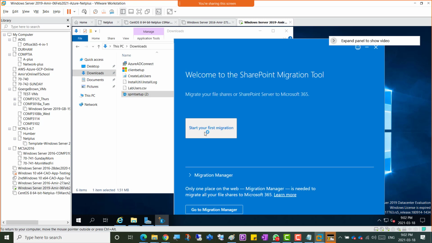What's the screenshot called? It's called SharePoint migration tool. Screenshot name is SharePoint migration tool. Okay, so I'm gonna click start your first migration,